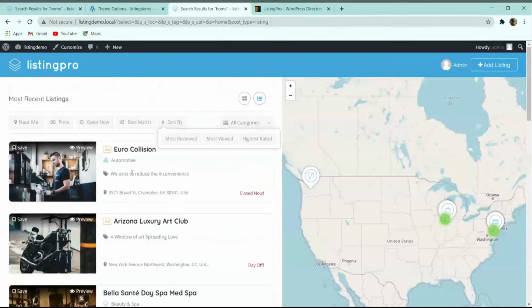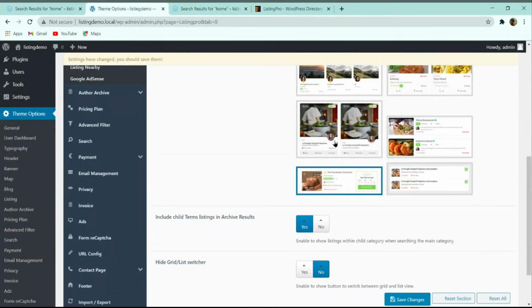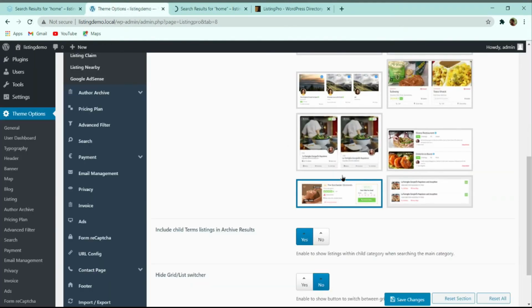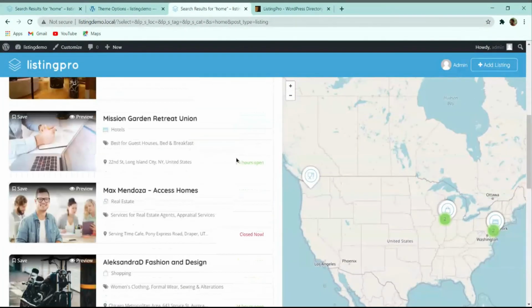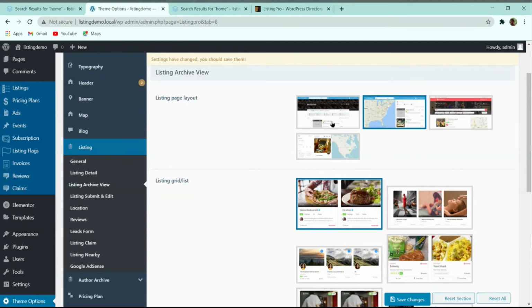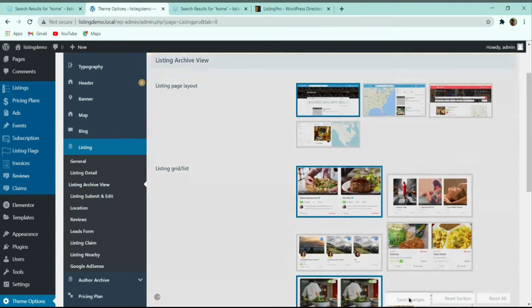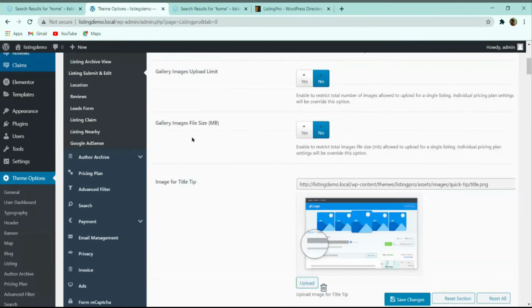in list view. After that, if you want to make it like this and click on save changes, you can play around with it, whatever suits you, or whichever design you like. So here you can see that whichever design you like, you can completely select that design. Here I will make it list view, and I can select this one, or I think this one is also good.